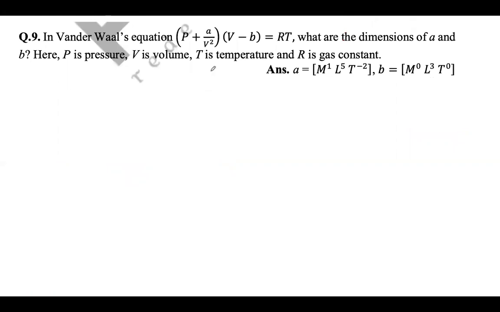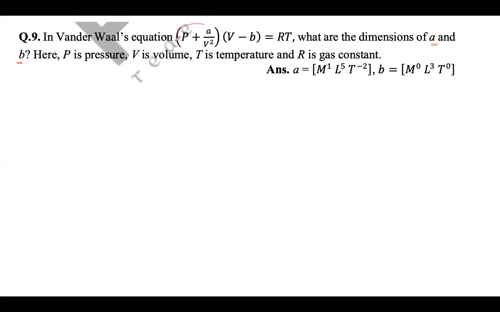ये क्वेश्चन काफी पूछा जाता है एग्जाम्स में. वेंडर वॉल्स इक्वेशन है, तुम लोग इसमें पढ़ोगे केमिस्ट्री में, P plus A by V square into V minus nb is nRT बेसिकली. तो इस वेंडर वॉल्स इक्वेशन में A और B का क्या डायमेंशन होगा, What are the dimensions of A and B, ऐसा पूछते हैं. तो जब A और B का डायमेंशन निकालना है,